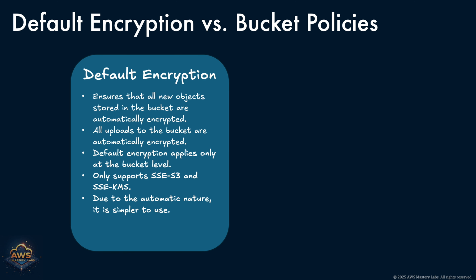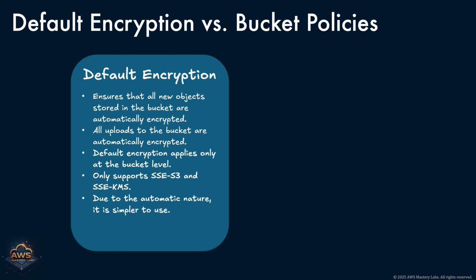As organizations scale their cloud environments, ensuring that all data stored in Amazon S3 is encrypted becomes a critical security and compliance requirement. However, relying on application-level controls or user discipline alone to consistently apply encryption can lead to gaps in data protection. To address this, AWS provides built-in mechanisms for enforcing encryption at the bucket level. These approaches, such as default encryption and bucket policies, allow administrators to mandate encryption automatically, reducing human error and ensuring